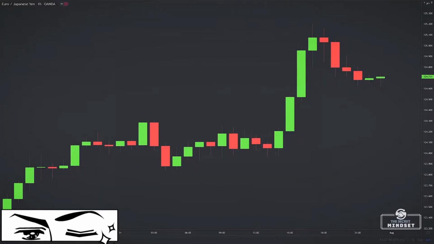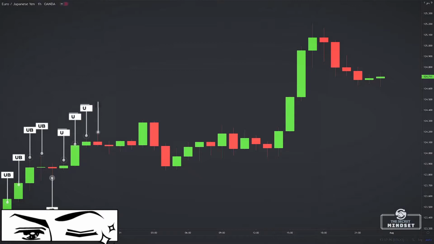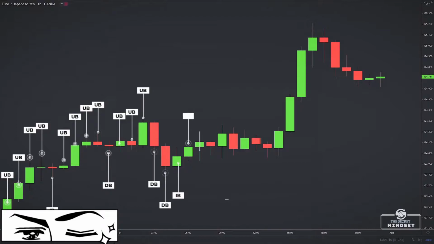Let's identify the candles in this example. We have 4 up bars, followed by an inside bar, another 3 up bars, and another up bar despite being a red candle because the high and the low were higher relative to the previous bar. We then have a down bar, 3 up bars, 2 down bars, and an inside bar, an up bar, then an outside bar because the high and the low are equal to that of the previous bar, so it's still an outside bar,